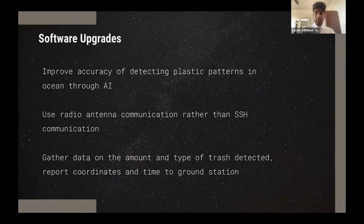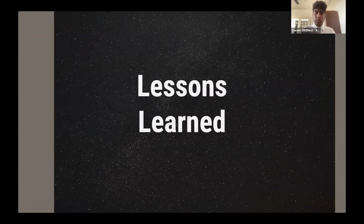And so that goes on to our second point, where we would like to gather data on the amount of and type of plastic detected, and then report those coordinates in time to the ground station so that there's proper directions and instructions that can be relayed to cleanup crews. So now I will turn it over to Luca, who will talk about some of the lessons we learned throughout